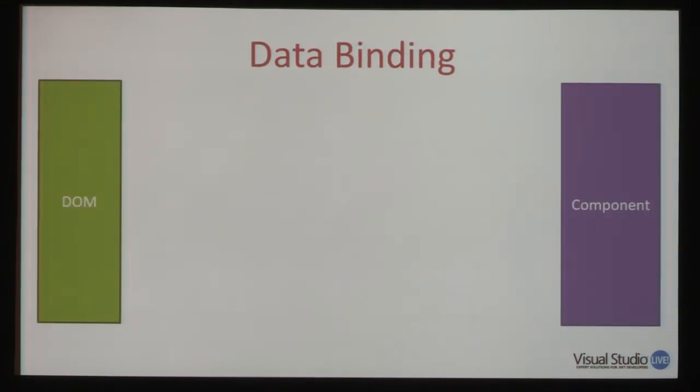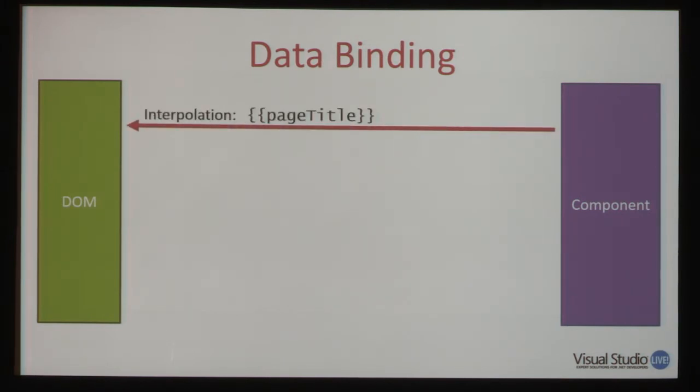All right, so the next thing I'd like to talk about is data binding. One of the real benefits of Angular is its very powerful data binding that really reduces how much code that you need to write. So what these things represent here is on the right is our component that we've written, our code behind class, and on the left is the DOM, the document object model. If you're not familiar with the DOM, it's basically the data structure that sits behind the browser.